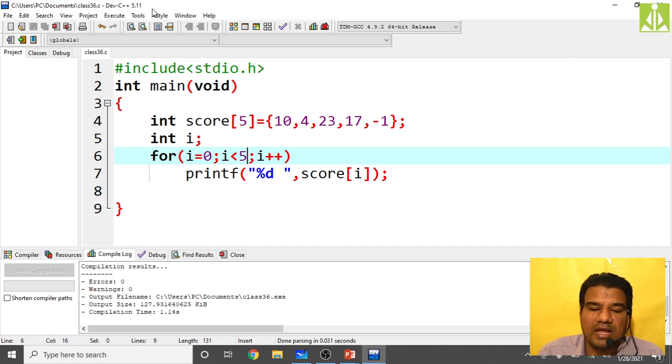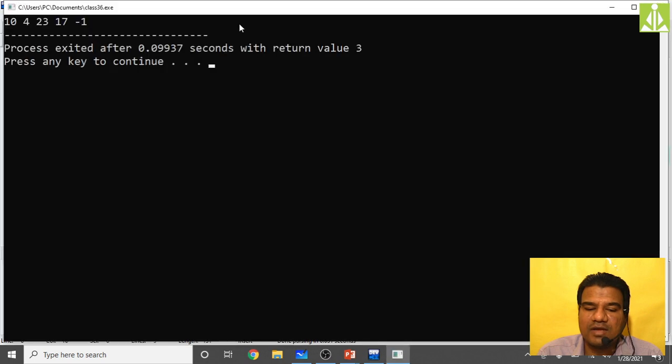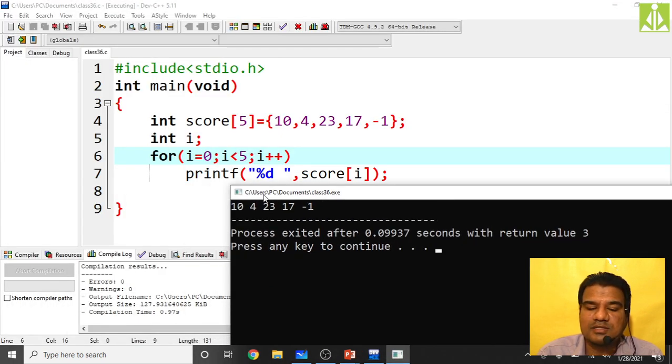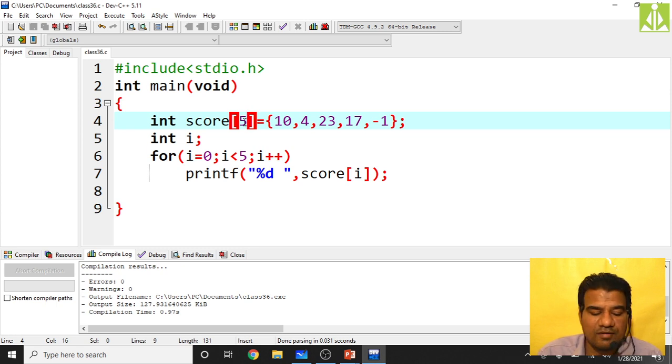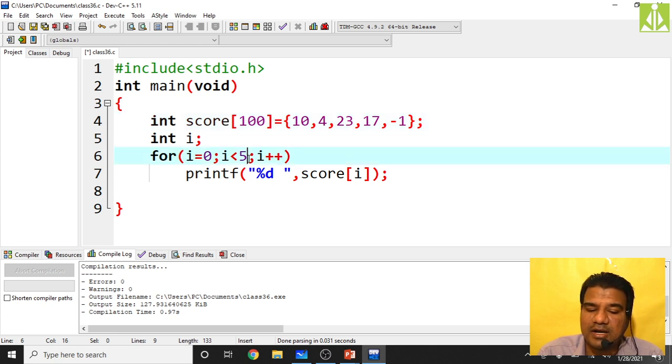See, the same thing we will get. The way we got the output in the previous case, in that same way we are getting the output. It is printing all the elements, but now we have written only one printf statement. Previously, to get the same output from the array, how many printf statements had I written? I had written 5 printf statements, but now only one printf statement with one extra loop. So this concept of a loop you can apply even for 100 elements, if you have the patience. Even if you are going for 100 elements, to print them you don't need to write 100 printf statements.